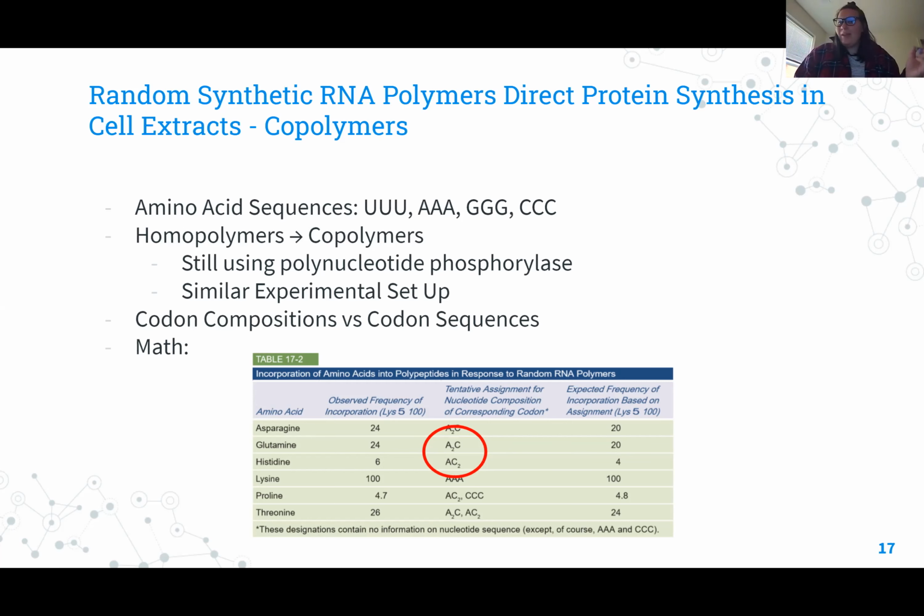But what did they do with this information? Because it's still really valuable. They were still able to learn a lot. They compared what they observed versus the expected frequency from the relative amounts of amino acids in this precipitated protein product. So they're still using that same add an acid, get a product, test the product. They could deduce that the respective codon compositions specified certain amino acids. They found that these combinations of A's and C's produce a synthesis of polypeptides containing asparagine, glutamine, histidine, lysine, proline,